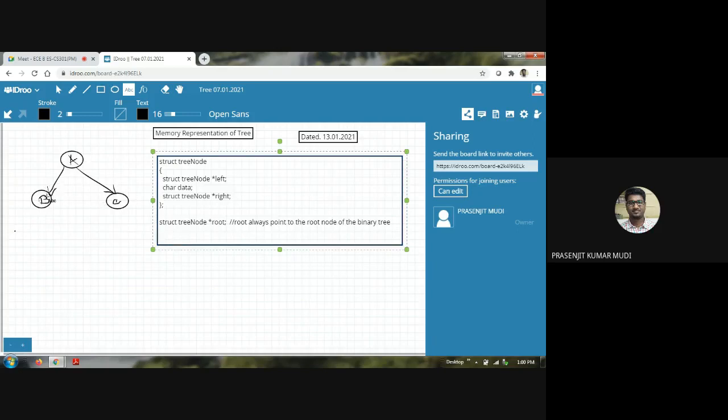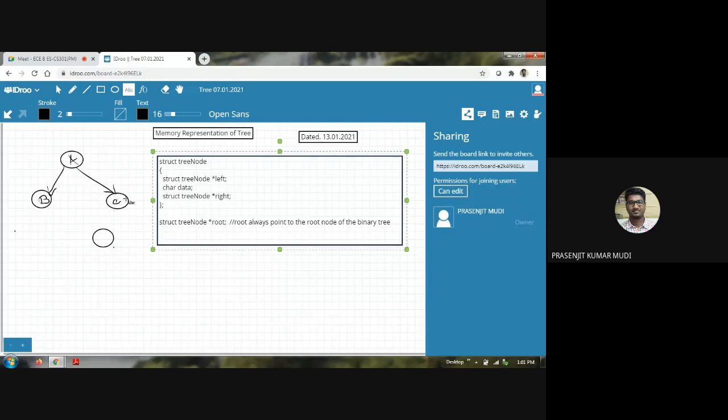Suppose this much of the tree has already been constructed. Now I want to insert a node over here, meaning I want to make this new node a left child of node C. What is the technique? We have to find where C is, which means we have to apply a searching operation on the binary tree.